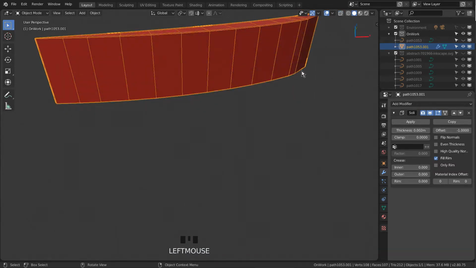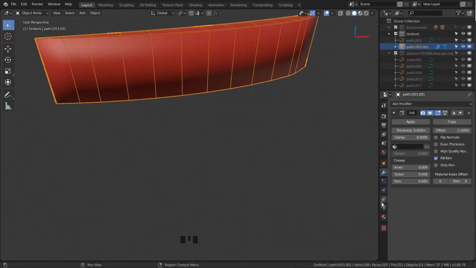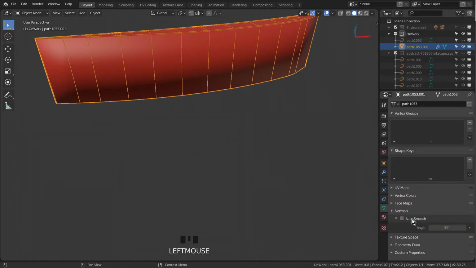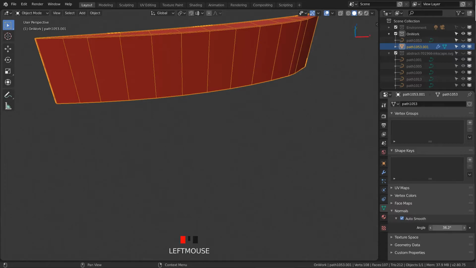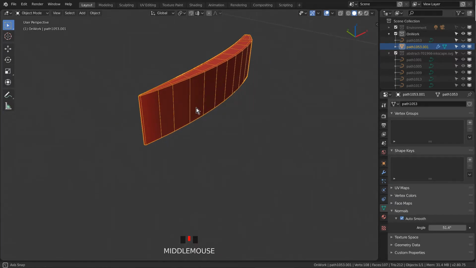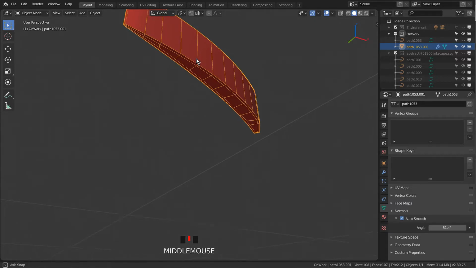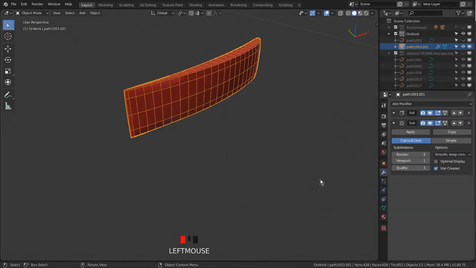Still in X-ray mode, I deactivate this, and then I shade this smooth and also activate this icon here under normals, the auto smooth, and I will increase the angle to about 50 degrees. That helps with the shading here. And this side here with this cut in it is now, you could say, mirrored here, so we don't have to care about that. Let's add the subdivision to see how that goes,